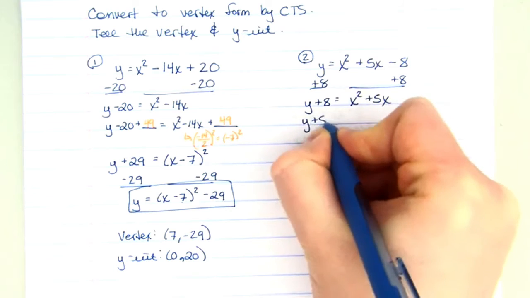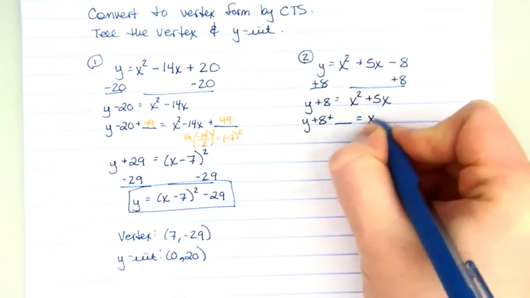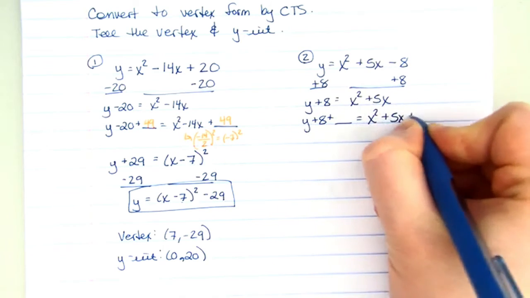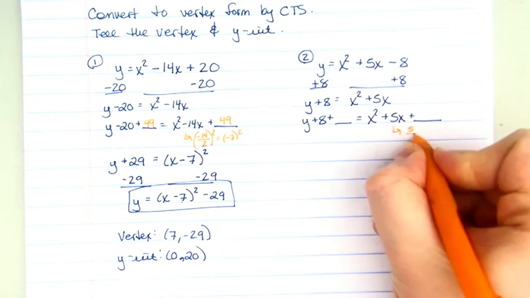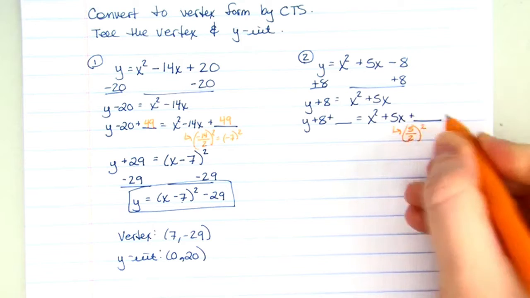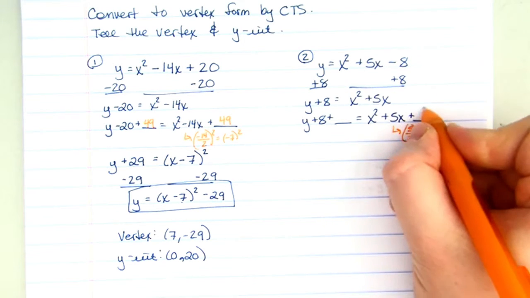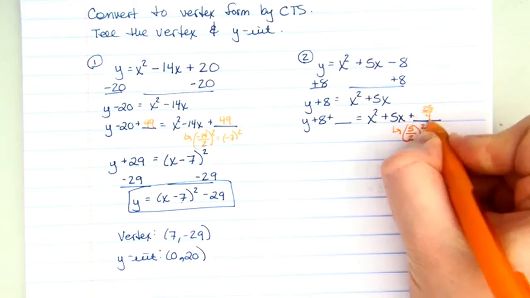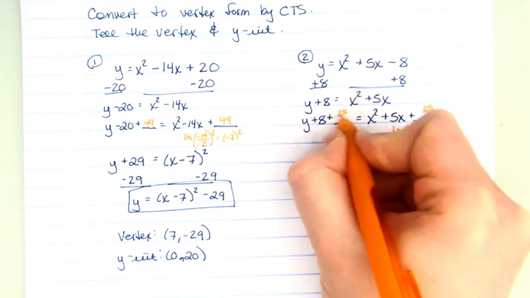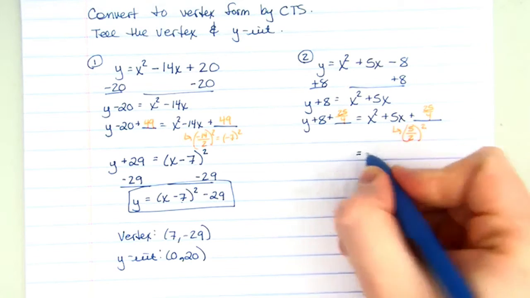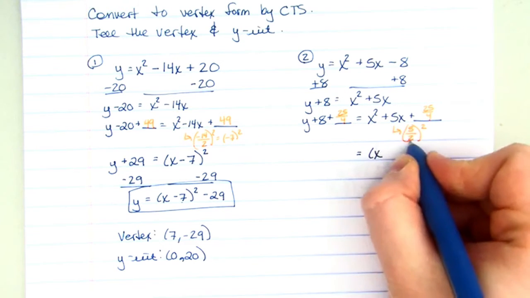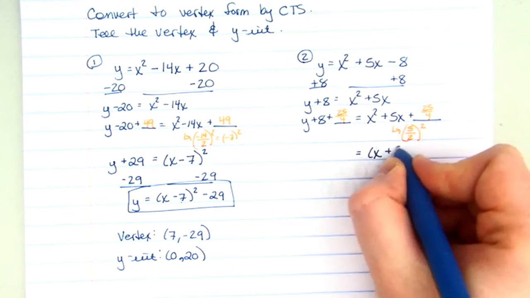I need to stick a space in there so I can add something to both sides. I'm going to do half my middle number squared. That's 25/4, so I'm going to stick a 25/4 there, and a 25/4 over there. I'm going to factor the left into x and then half the middle number before squaring, so x plus 5/2